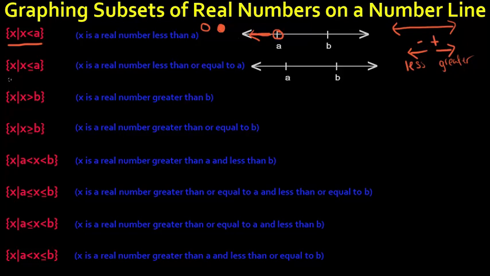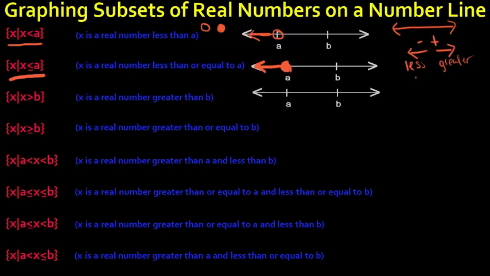X such that x is less than or equal to a. So in this case, we have less than or equal to. So I'll take a and I will color it in this time, again because of the equal to, and it is still a real number less than or equal to a. So less than goes to the left, and we will just graph it from there. Okay, the next one